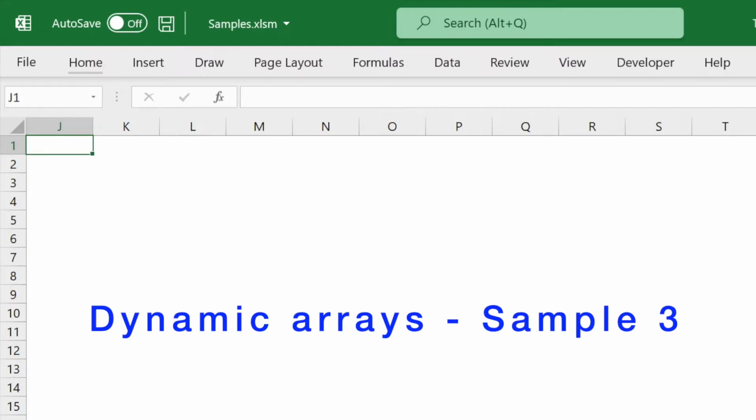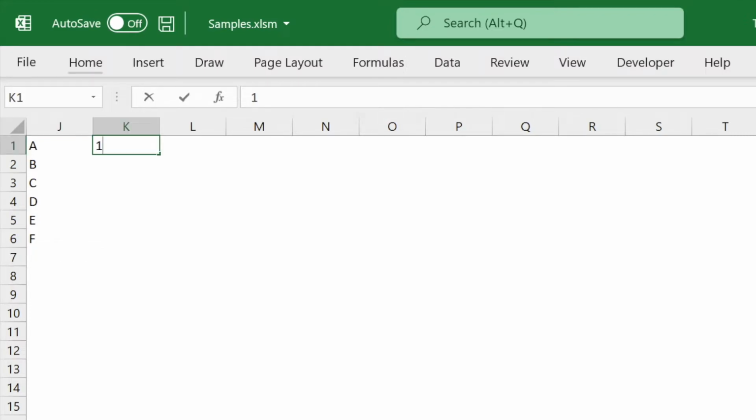First, let's prepare the data. A, B, C, D, E, F. 1, 2, 3, 4, 5, 6. Here is a table. Here we write some random letters. B, D, E, C. Now the task is to find the corresponding value for B, D, E, C in the